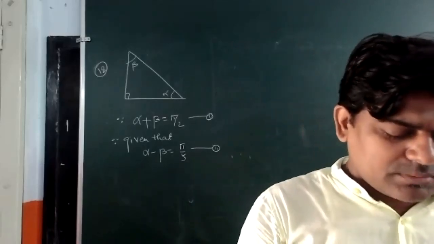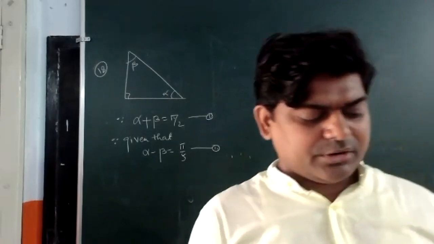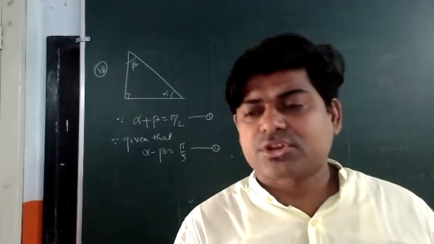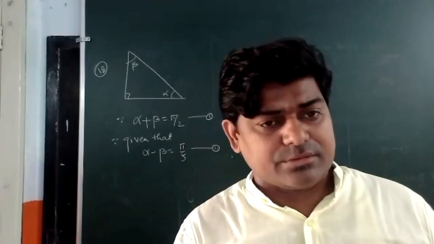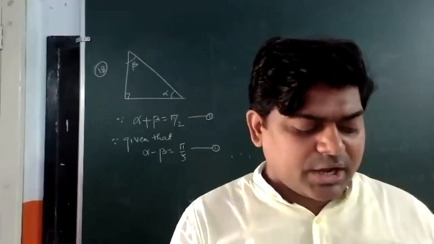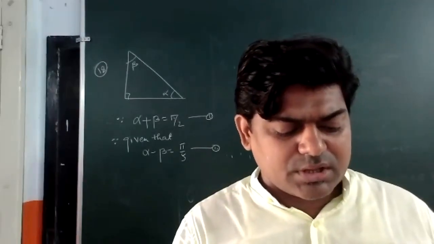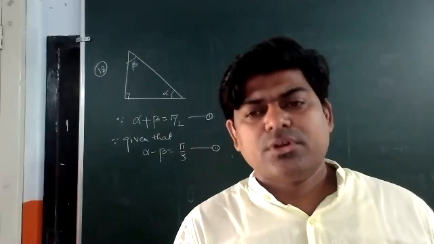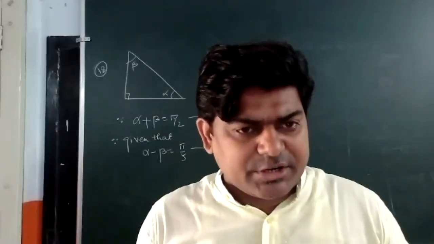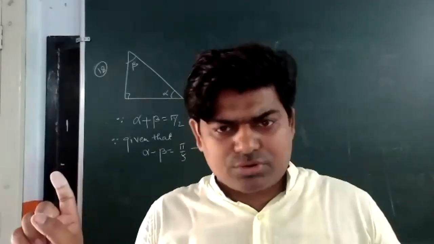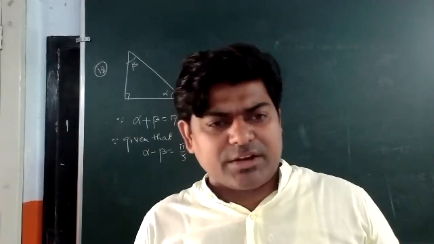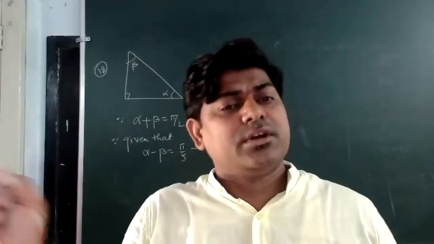I think by mistake I left out question number 17. In question number 17, the circular measurement of two angles is given, which means it is given in radian, 1/2 and 1/3. Find the third angle in degree. No problem, listen to me. The sum of the angles of a triangle is 180 degree, which can be written as pi also. If two angles are given in radian, then the third angle can also be found in radian, and in the last we will convert it into degree.